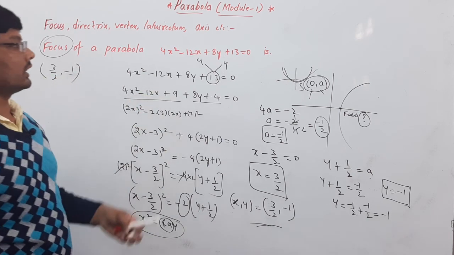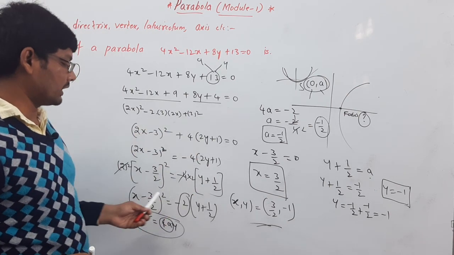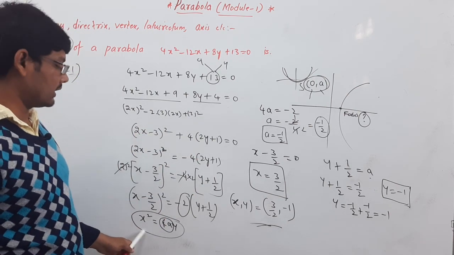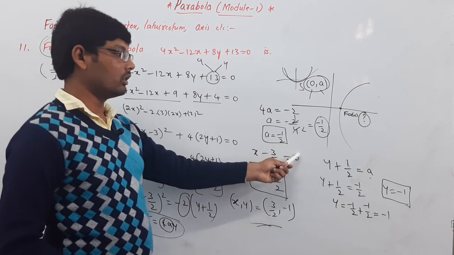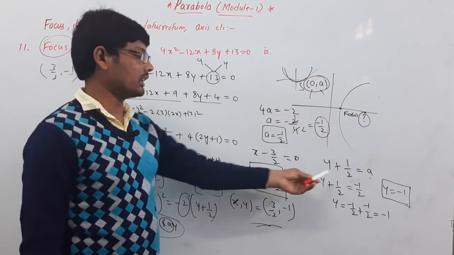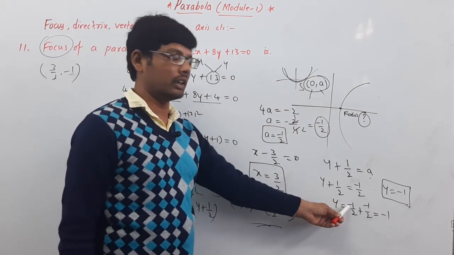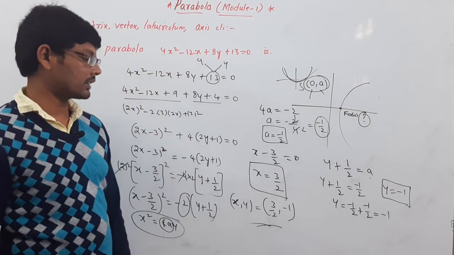So first I take the equation given and separate it into two terms. I frame it in the standard form of the parabola, x square is equal to 4ax, and by comparing the 4a value we get the value of a. The general focus is 0 comma a, and equating the terms of x and y, we get the focus x comma y.